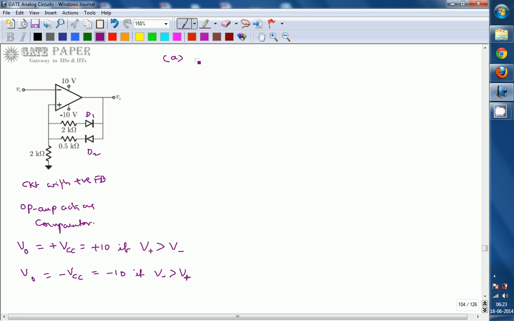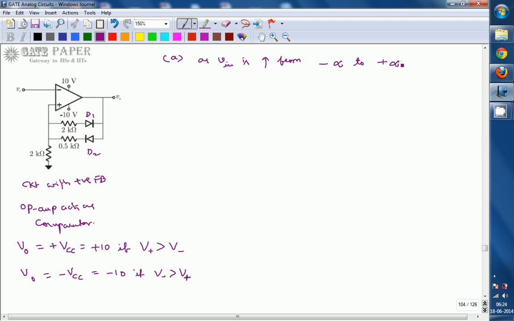One is as V input is increasing from minus infinity to plus infinity. You can apply any input signal with a value between minus infinity and plus infinity, but we are going with the case where it is always increasing, from very low voltage to very high. That is, it is increasing from lower to higher values, which in the ideal case we take as minus infinity to plus infinity.